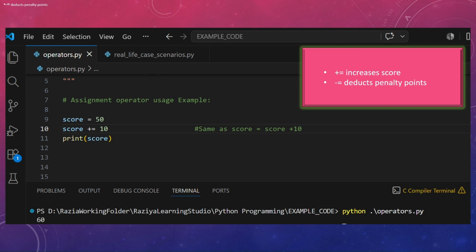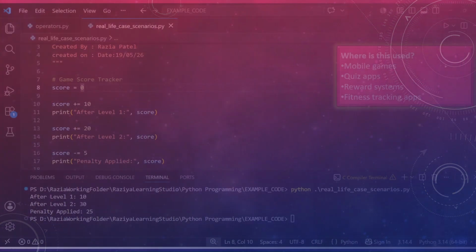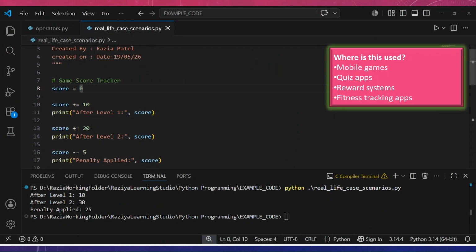So add 10 to that, how much does it become? 60. Now put that 60 into the score box. Clear? So this variable score has the value 60. Clear about how this assignment operator works? Okay, so we saw how it worked incrementally.